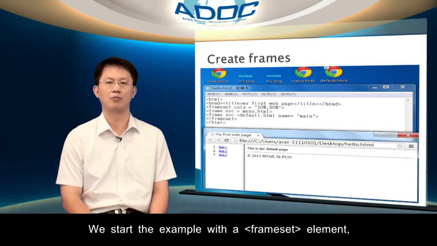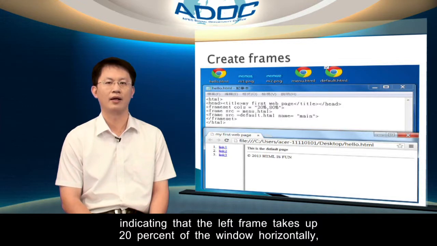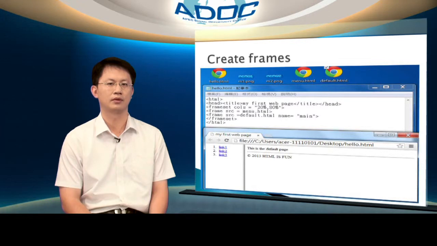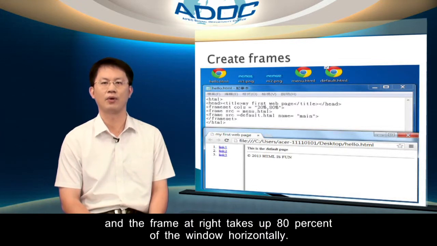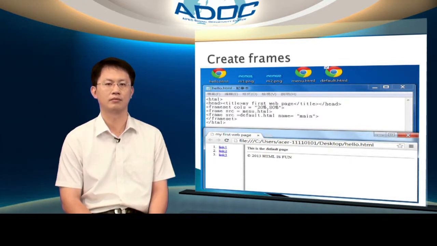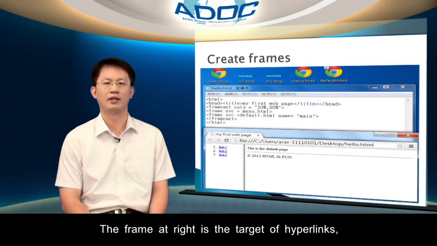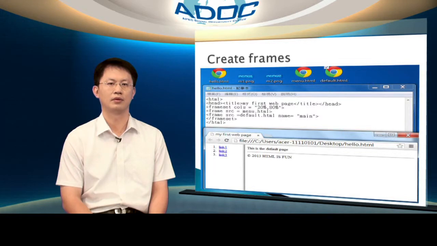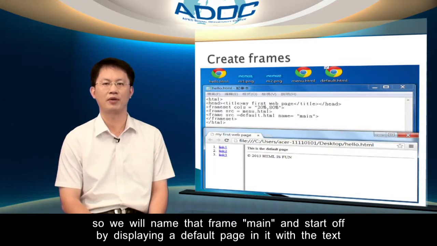We start the example with a frameset element, indicating that the left frame takes up 20% of the window horizontally, and the frame at right takes up 80% of the window horizontally. The frame at right is the target of hyperlinks, so we will name that frame main